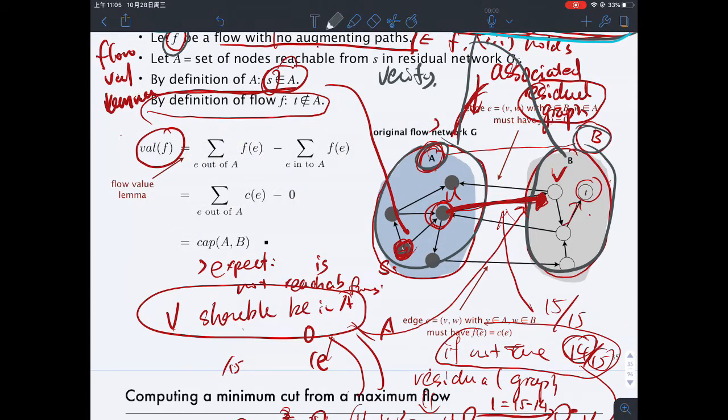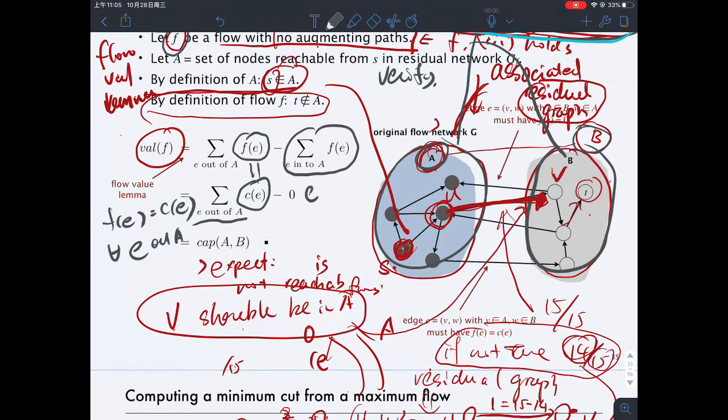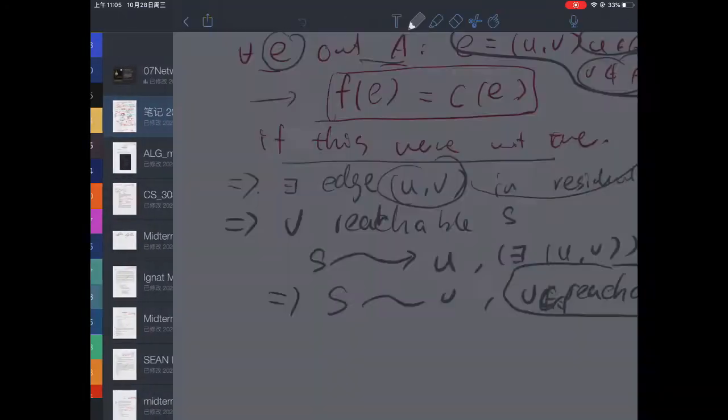So we managed to prove that it's always true that f(e) equals c(e) so long as e is out of A, right? So f(e) equals c(e) for any e out of A. Now we need to prove that for any e into A, f(e) equals 0. That's also for the same reason that